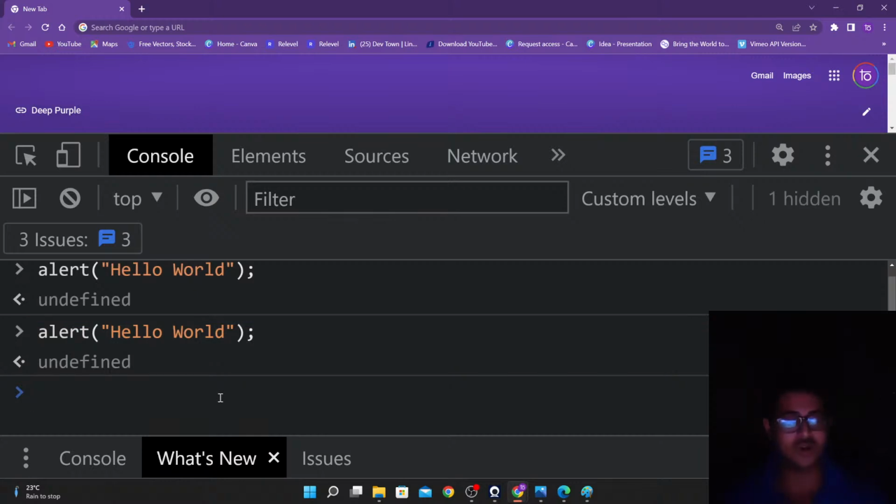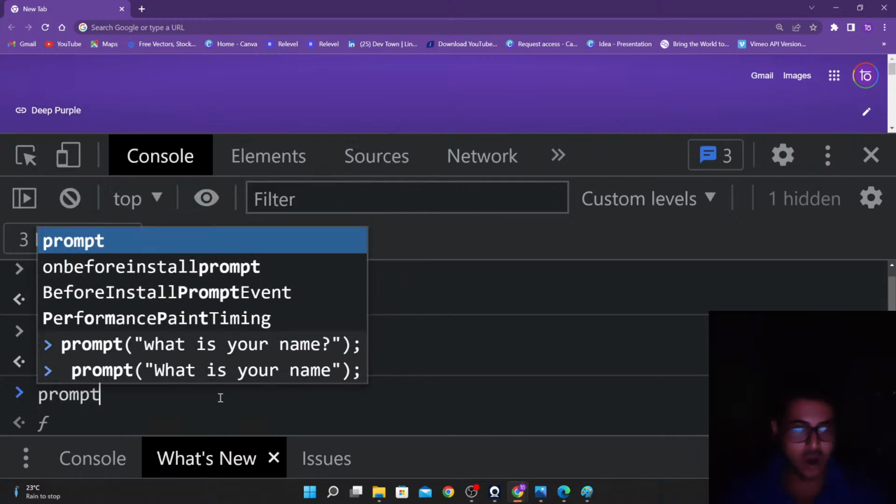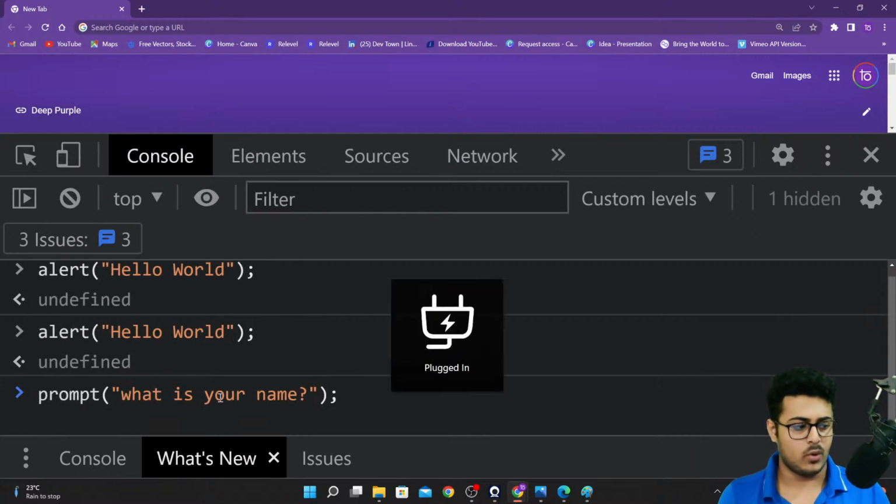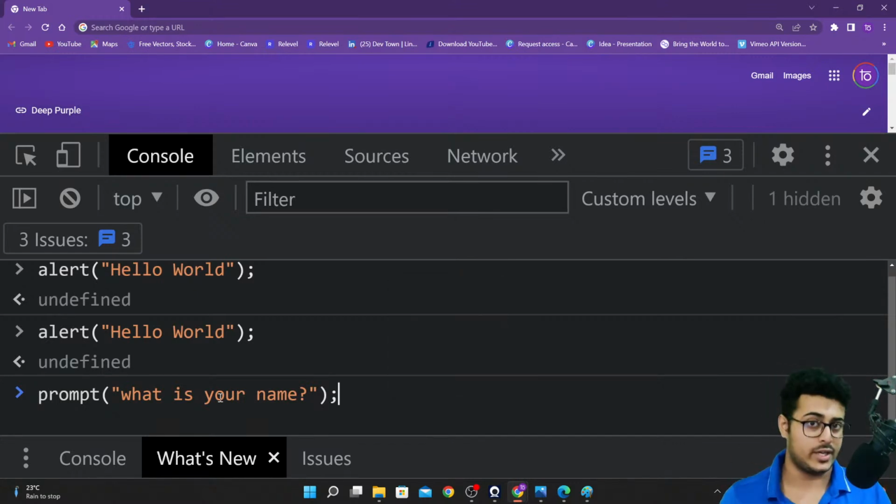Okay. So right over here, as we are able to see, I want to take input from the user. For that, we have a prompt itself. So we'll be using prompt. What is your name? That is the question that we want to showcase to the user, and we want to get the answer from the user as well. So prompt, what is your name? So let us